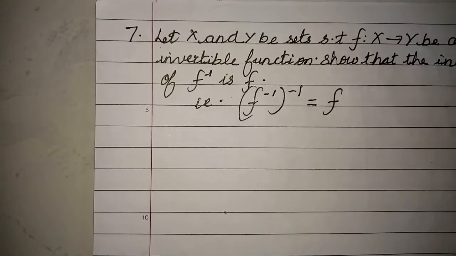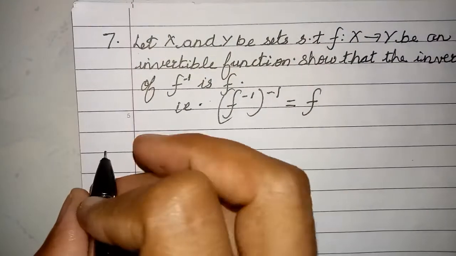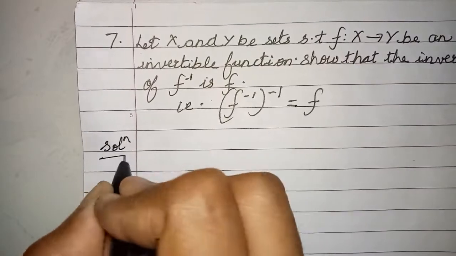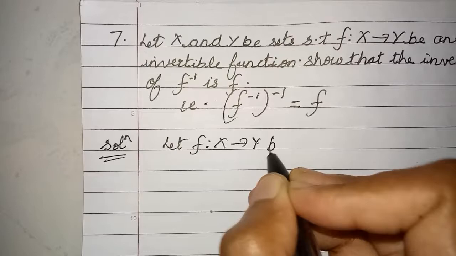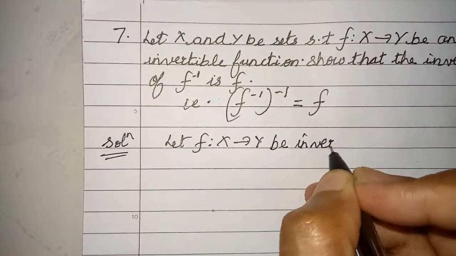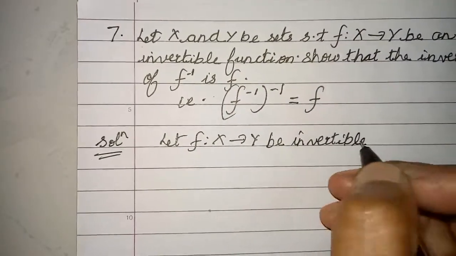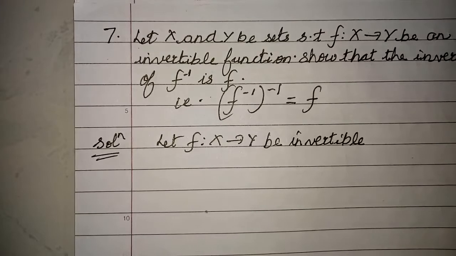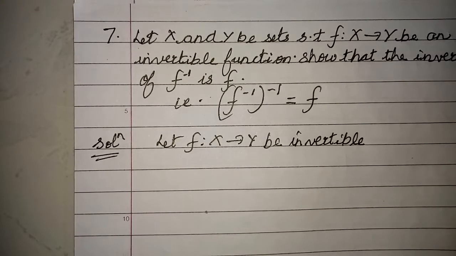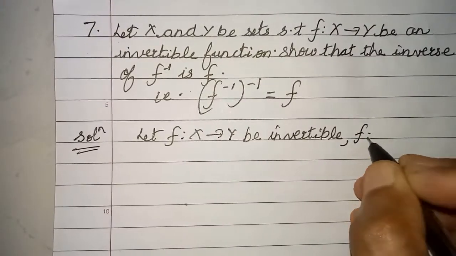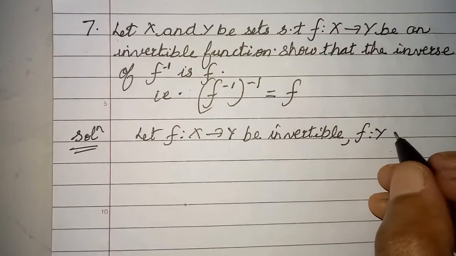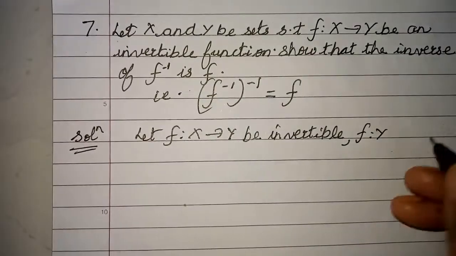So it is very easy to prove, nothing hard, just applying of definition. Okay, so I'm going to start here. Let f, a function from X to Y, be invertible. Invertible means it is one-one and onto, right? So depending upon the situation, you can apply the definition of one-one and onto, or you can use the definition of composition of function. But here I am going to use, children, injectivity and onto, right? Let us see which one is easier.